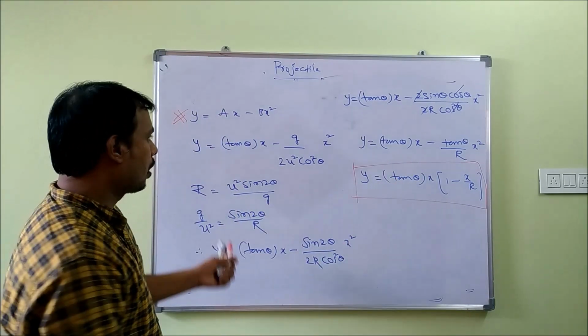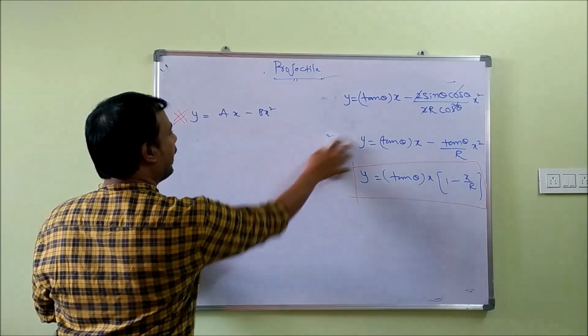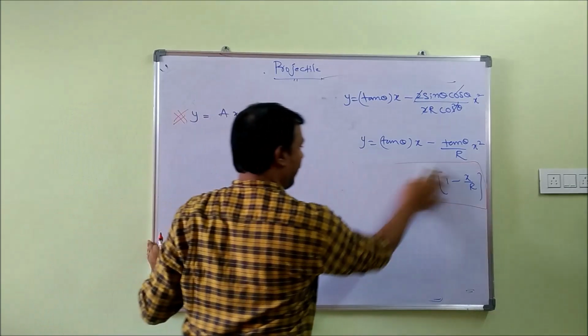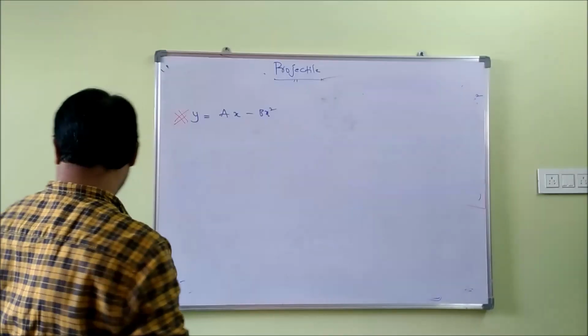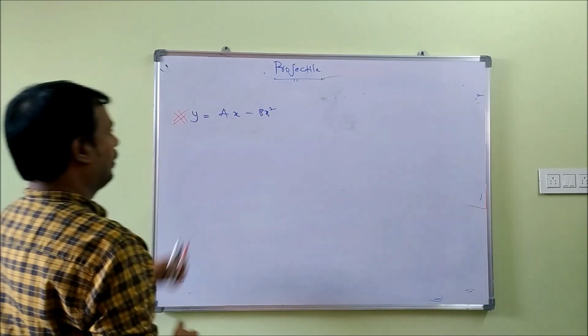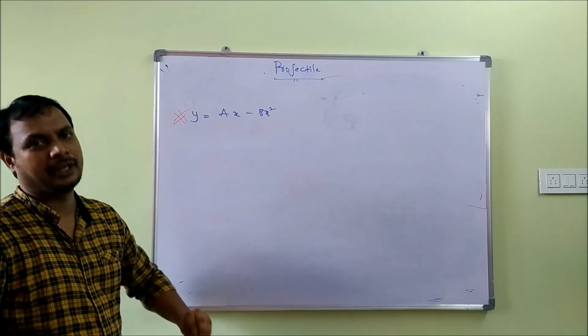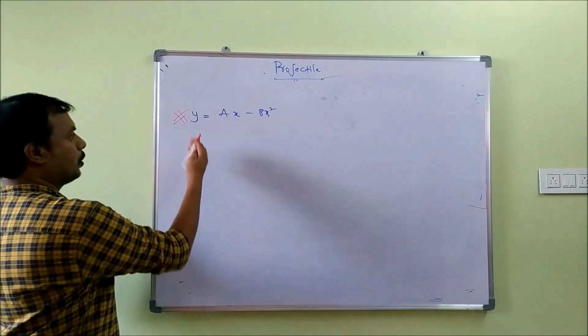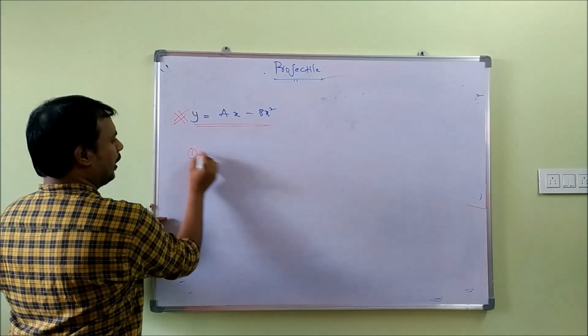So one more model is based on A and B values. What is the time of flight, maximum height and range? Just remember the formulas. Sometimes based on this equation we have to calculate height, range and time of flight. So if the equation is given like this, the first one is the angle of